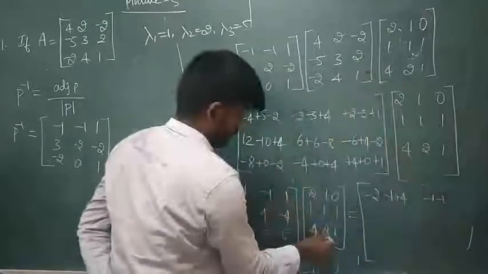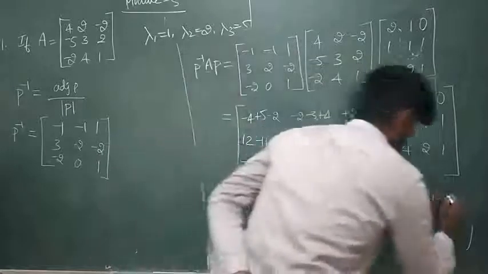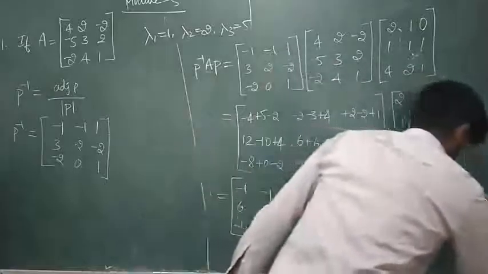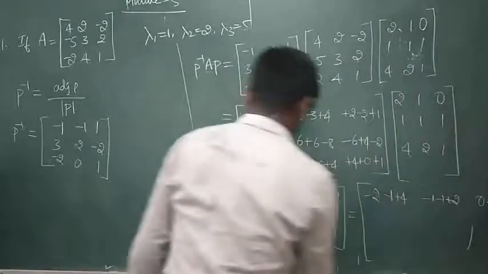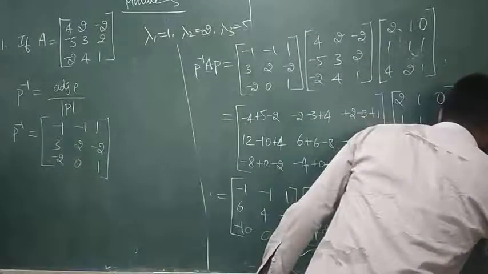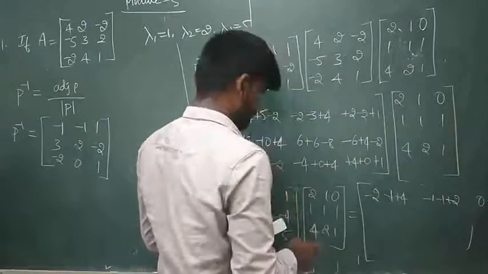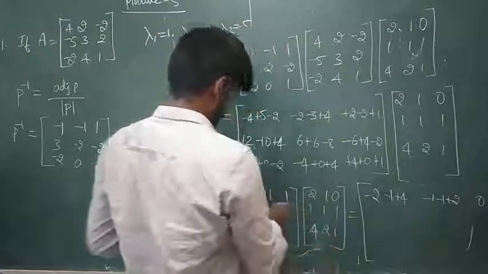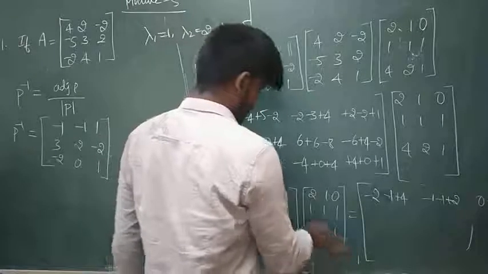And 1 into 2 plus 2. Okay? Minus 1 into 0, 0. Plus minus 1 into 1 minus 1. 1 into 2, 1 into 1 gives